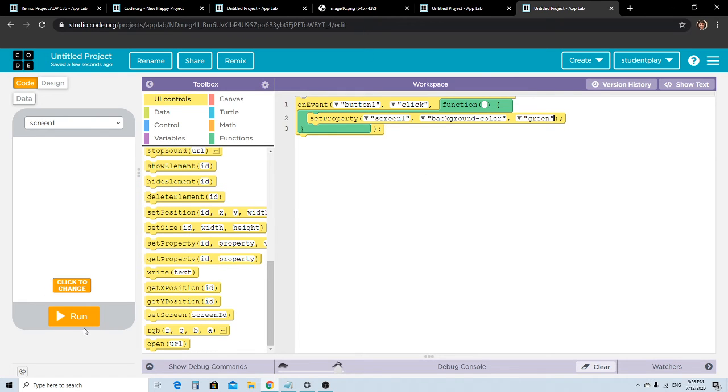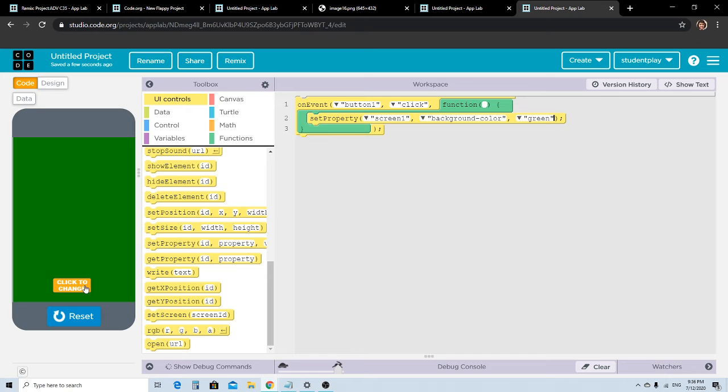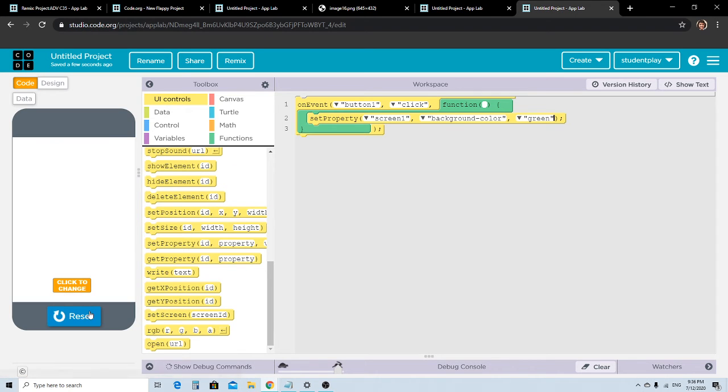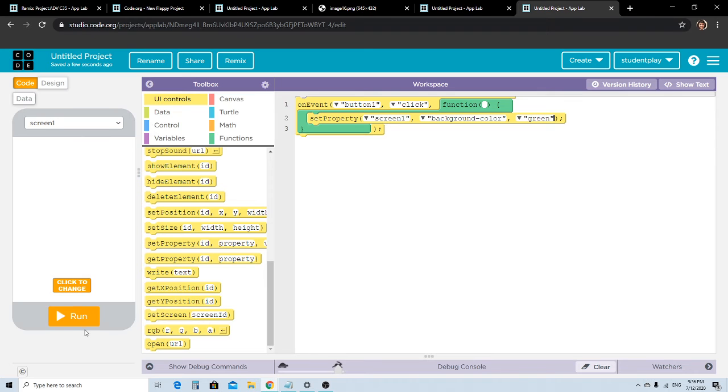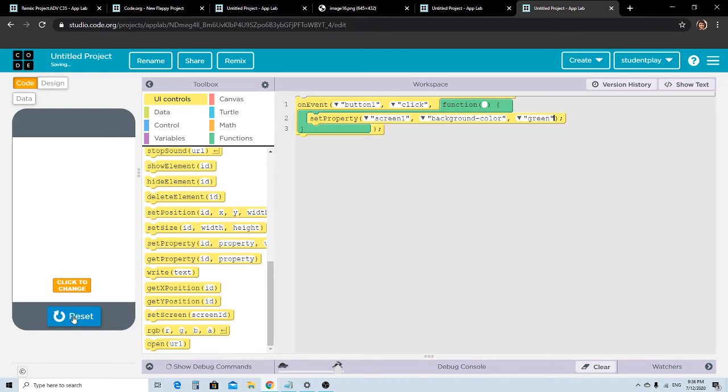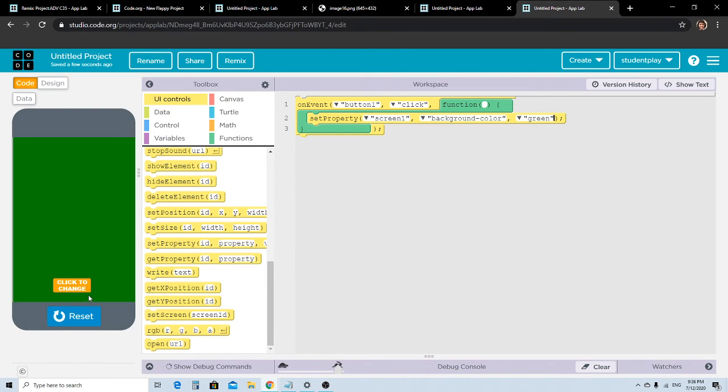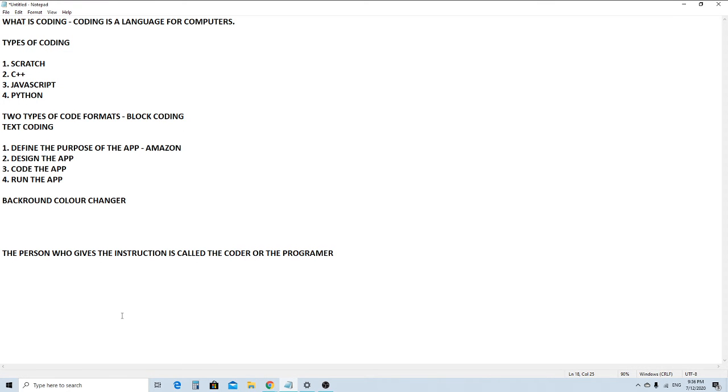Okay, so let's go for run. Click to change. See, the background became green. Okay, so reset, run. I'm going to show run again. Click to change. Now let's see if we covered all the topics. Purpose of the app, covered. Designing the app, covered. Coding the app, covered, and running the app, covered.